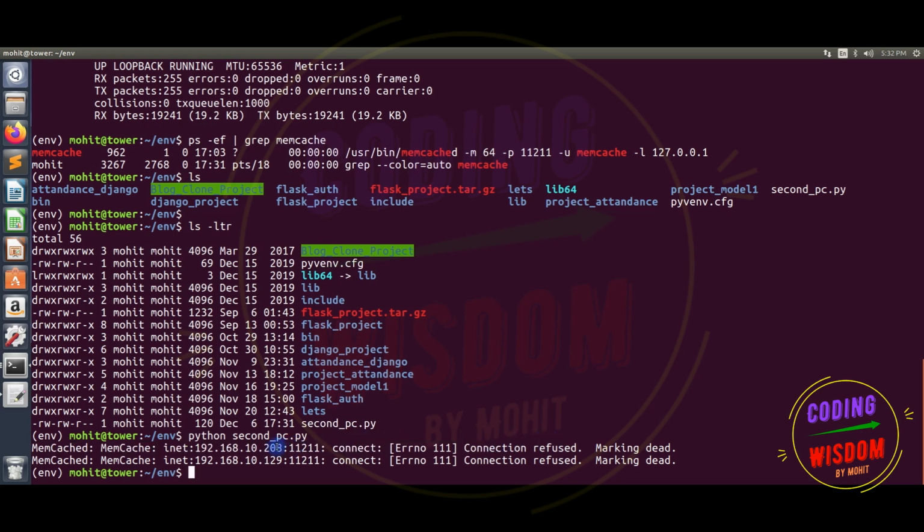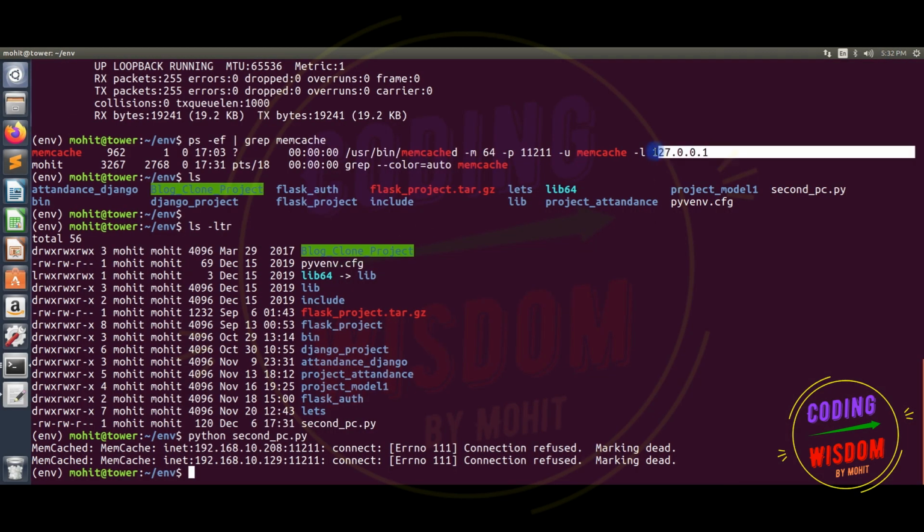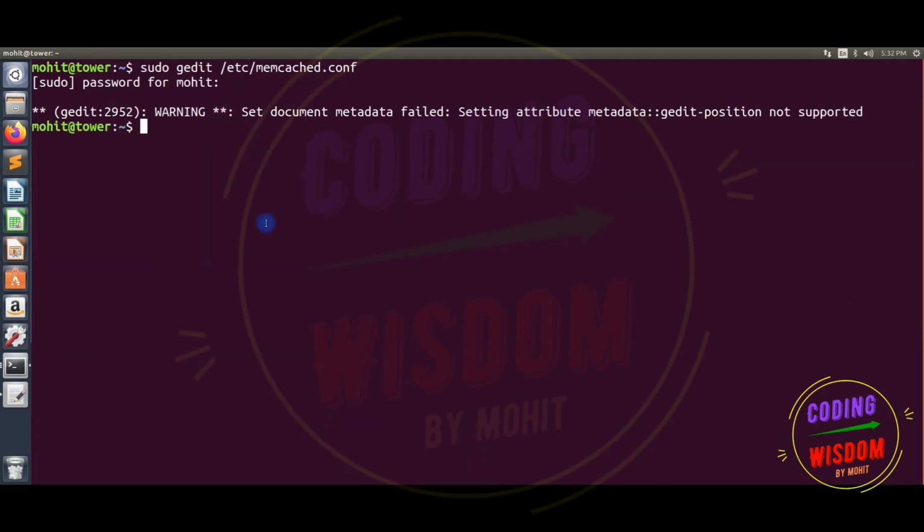It means it is saying this IP is not reachable. So we have to change the memcache configuration, because by default our memcache server is running on the 127 address. Let's change it. Where is the terminal? Okay, yes.